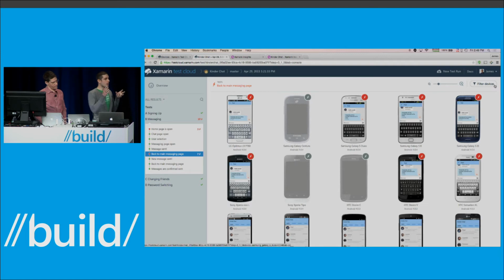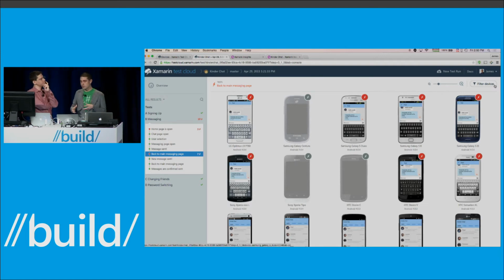So that's the power of writing user interface scripts that test the user interface, ship it to the test cloud, and test on all these devices. But then we actually shipped KinderChat. Right, we actually shipped KinderChat. The first beta, I think, we were trying on Monday, and immediately we started finding problems, crashes, and we started